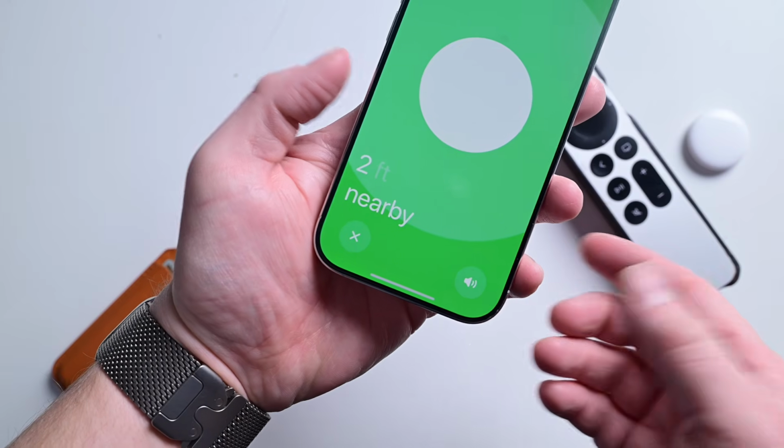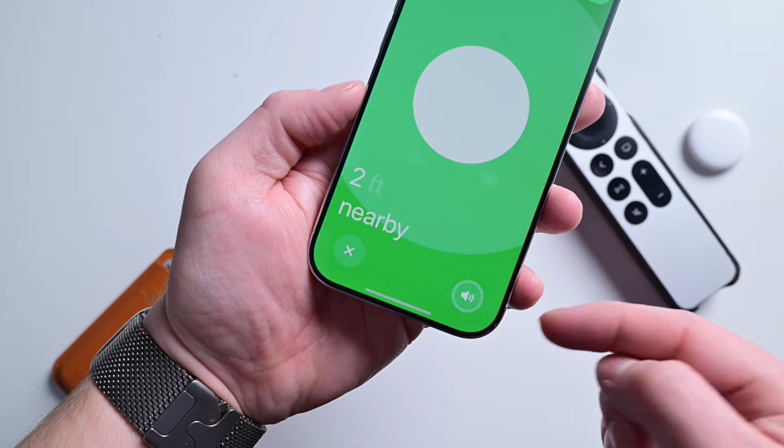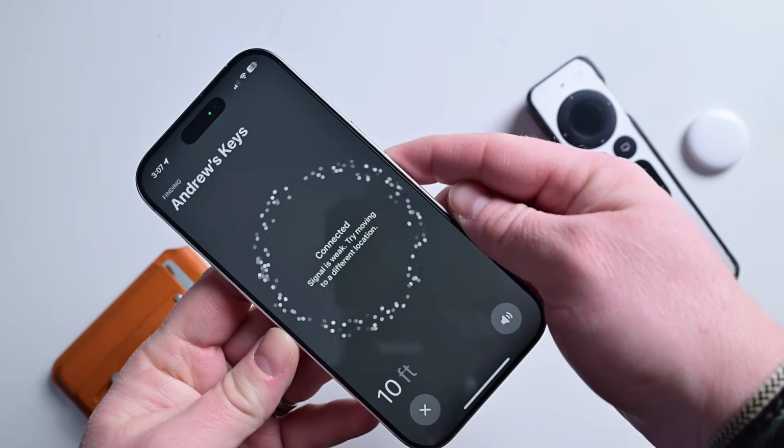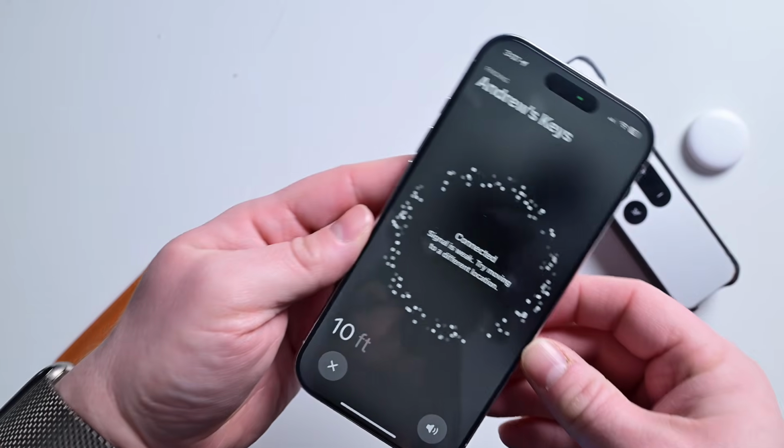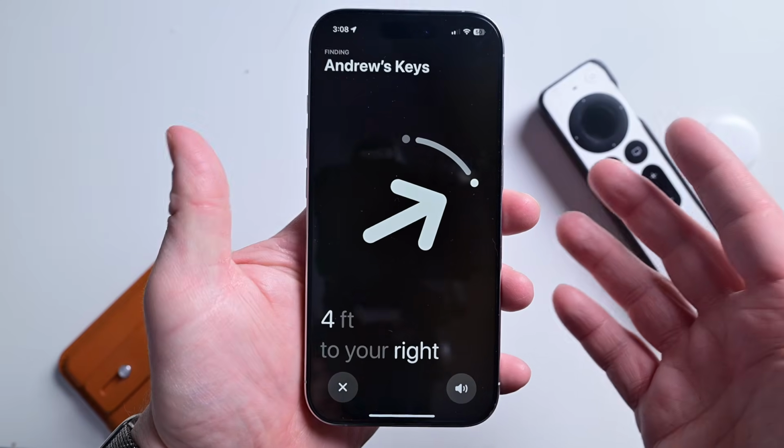In devices, you can see the last known location of any of your gear, make them play a sound if applicable, and find them nearby. AirTags, which count as an item, will be the most precise to find as they support what's known as precision finding using Apple's own ultra-wideband chip. Apple doesn't allow third parties to add this tech, but fortunately, with a loud enough speaker, this doesn't really matter